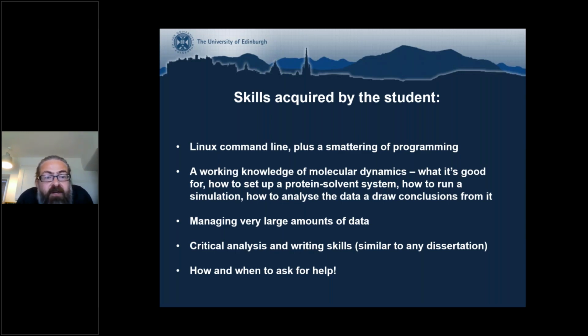The student also got a working knowledge of molecular dynamics. So molecular dynamics, what it's good for, how to actually go about setting up a protein solvent system, because that is not trivial if you want to do it correctly, how to actually run the simulations, and then how to analyze the data and draw conclusions from it. And that part there is also not trivial. It takes quite a lot of thinking and manipulation of very large amounts of data to be able to draw